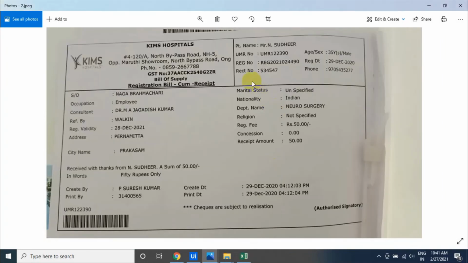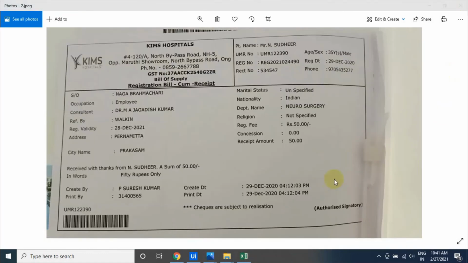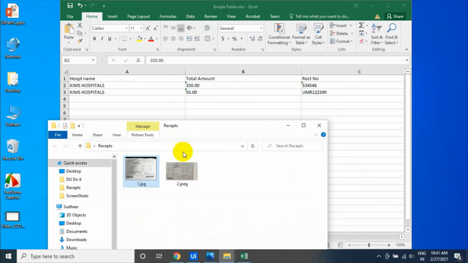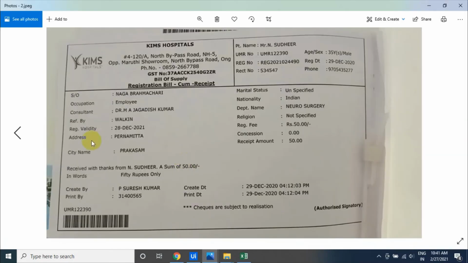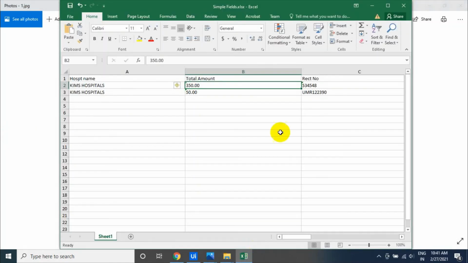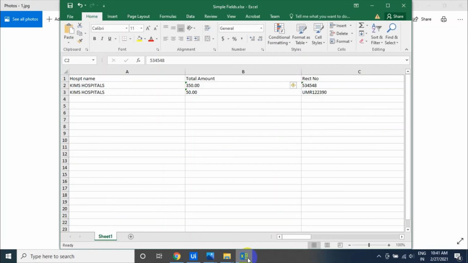It's not the receipt number. And the amount, if you see the next one, where is that, 350 rupees. This is 350 rupees. It has the receipt number, and it is taking the receipt number exactly, 534548, and the amount is 350, and the hospital name.